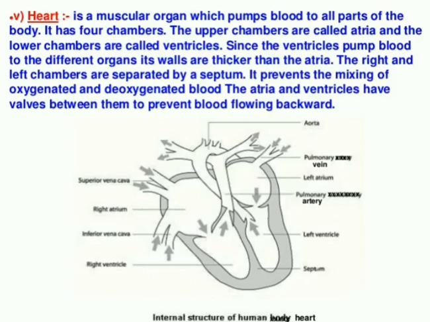We already know this about the left side and the right side. If you look at the diagram, what we see on the right side is actually the left atrium and left ventricle. This left side always contains what? The pure blood. And when we come to the right side, the right atrium and the right ventricle always contain what? Impure blood. So to avoid the mixing of pure blood and impure blood, the septum helps. What are the septums? Interauricular septum and interventricular septum.